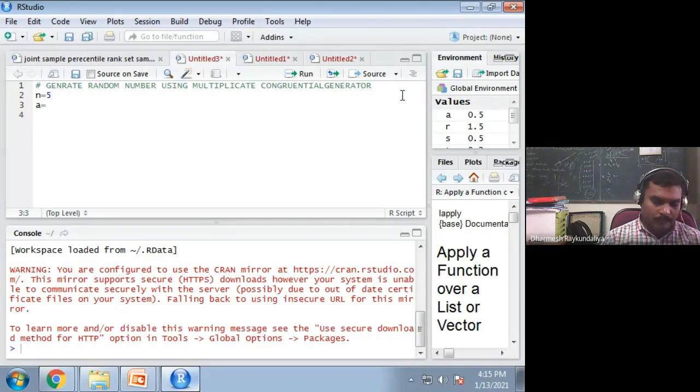What should be given? I have given the value of a, so a is 2. What is m? The m is given as 7. And you give the initial seed, x0 equal to, let us say, 3.